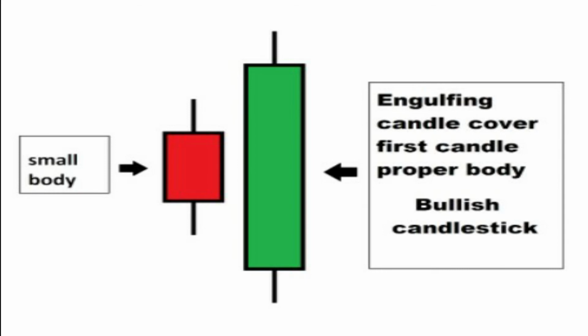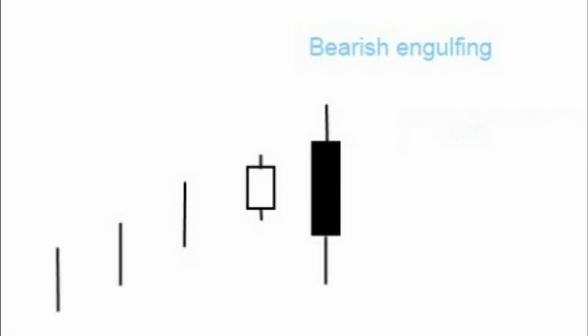Bullish engulfing. The first candle reflects the trend. The second candle's body engulfs the size of the first candle's body. A reversal is indicated. Bearish engulfing. The second candle opens above the first but is followed by a sell-off that engulfs the body of the first candle. The bears are gaining ground.